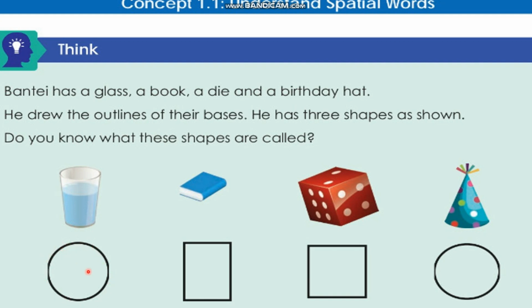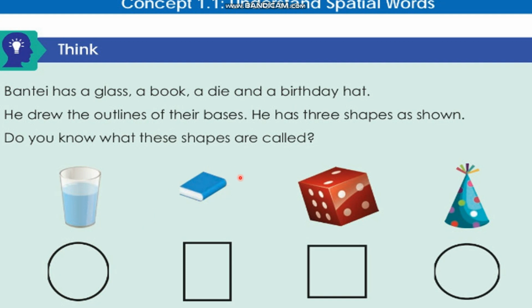My dears, can you tell me which shape is this? Yes, very good. It's a circle. Can you see another example of a circle shape? Yes, the sun is circle, isn't it? The sun is circle. And now look at the next one.